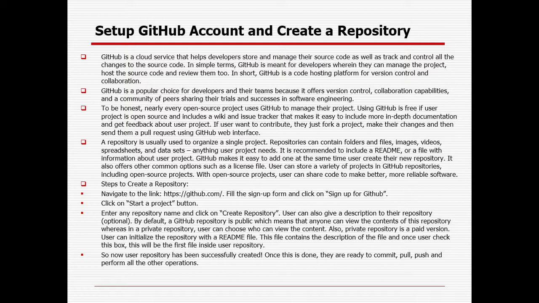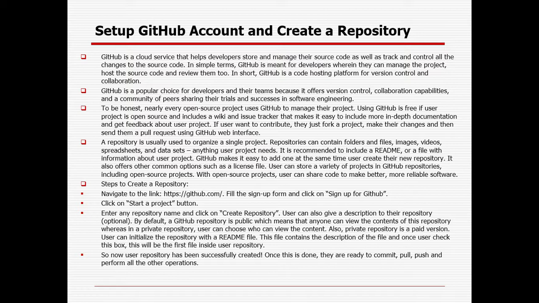To be honest, nearly every open source project uses GitHub to manage its code. Using GitHub is free if the user's project is open source, and it includes a wiki and issue tracker that makes it easy to include more in-depth documentation and get feedback about the project.